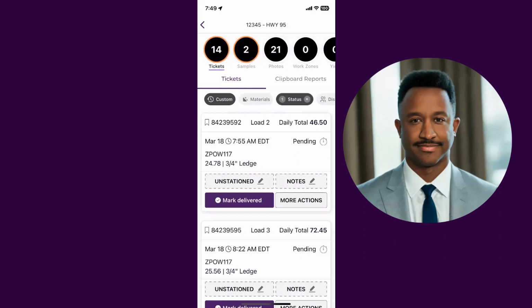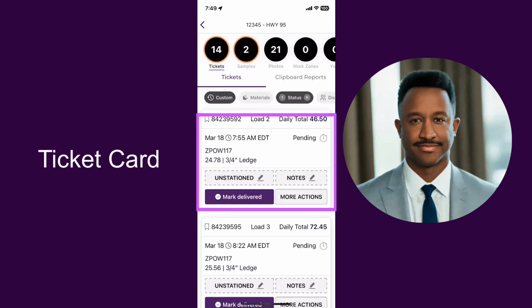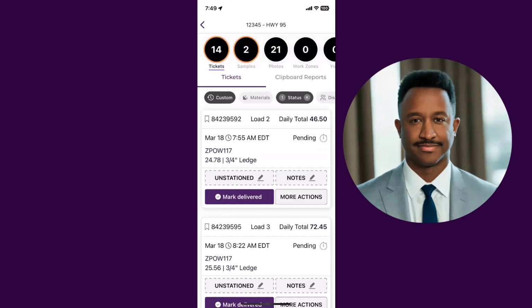Okay. And then below that, this ticket card that we're looking at right here, this is kind of like your zoomed out view of the e-ticket. So just providing you a lot of insights at this kind of overview. So the top left is that ticket number. That center number is the load count. We have daily total in the top right. Below that, starting at the left again, the date and time stamp. That status, that pending with that gray clock. I'll get into that a bit more in a second, but really, we also provide you guys visibility on the